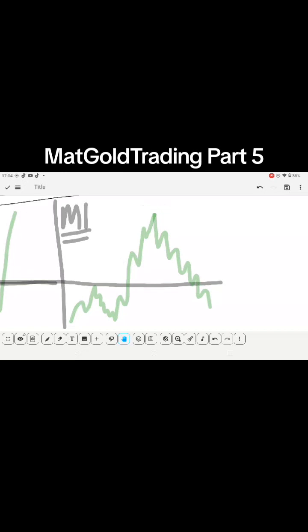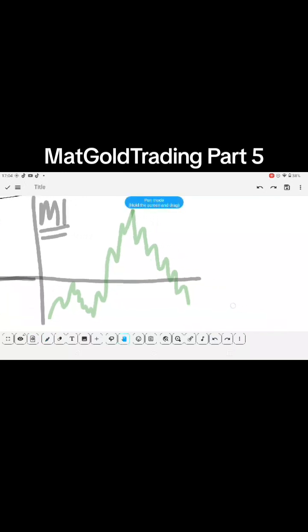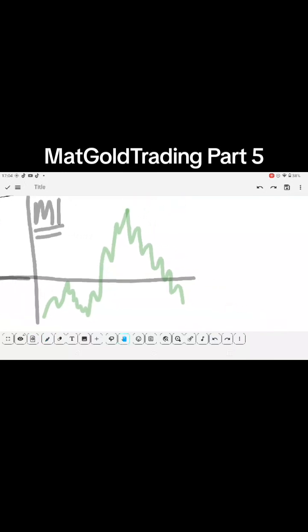And then we said before we buy, we want to see a sell structure, a sell trend. A sell trend is making lower highs and lower lows, higher low, lower low, higher low, lower low. That's what we want to see. So to continue from that, what we then want to see is this structure being broken. We want to see the sell trend end.